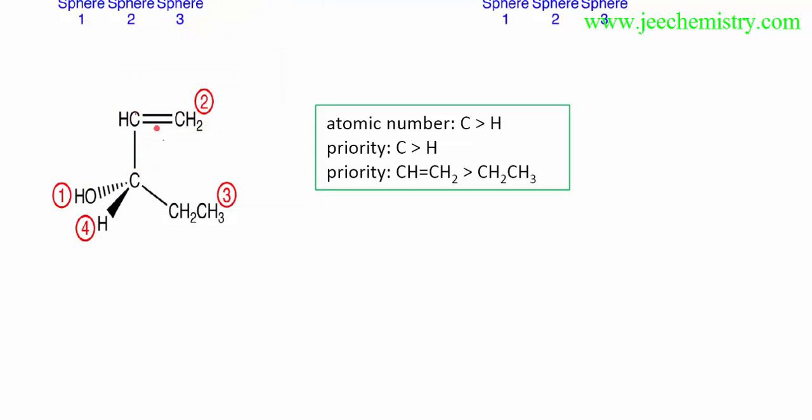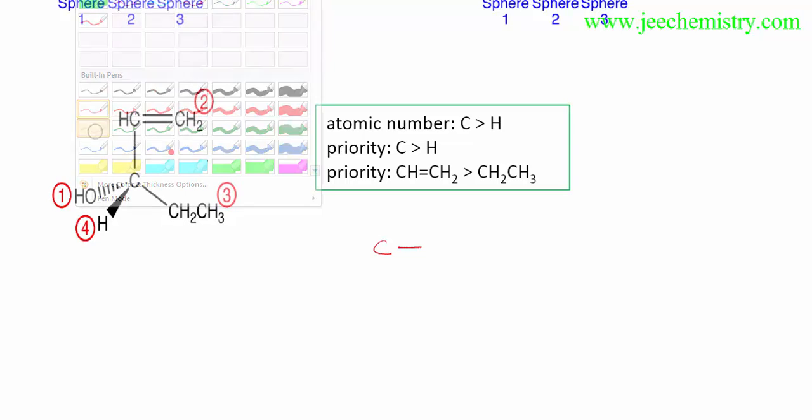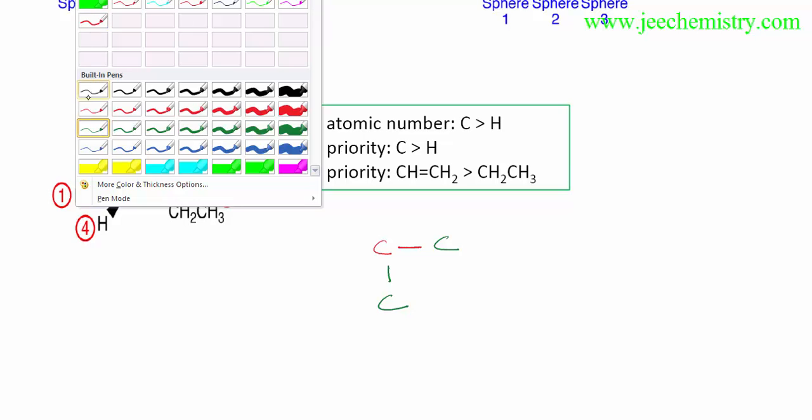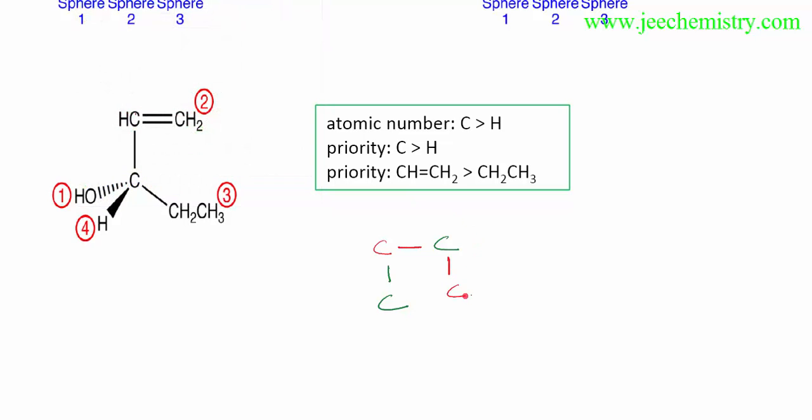Suppose this carbon, this is a C, this C is attached with 2 carbons. Now this is attached with the 2 carbons. Now this red C is attached with 2 carbons, and this green carbon is also attached with 2 carbons. Now this is also attached with 2 carbons. Now this C is also attached with 2 carbons, this is attached with 1 carbon and 1 carbon. In this way I have already shown.